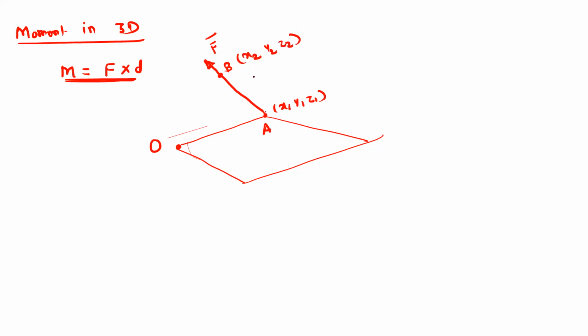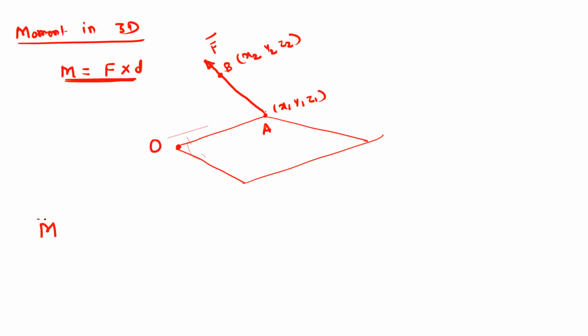So from these two coordinates, that is coordinates of points A and B, we can get the unit vector in the direction of the A bar, and from that we can find out the vector A bar. Suppose we want to take the moment of this force A bar about the point O. So this moment is represented by the vector product.